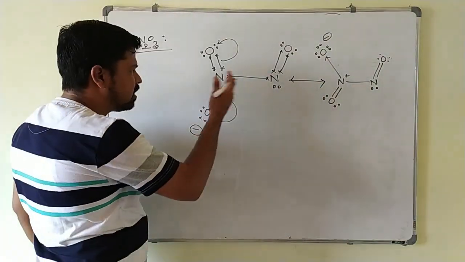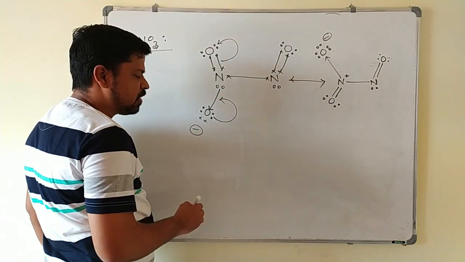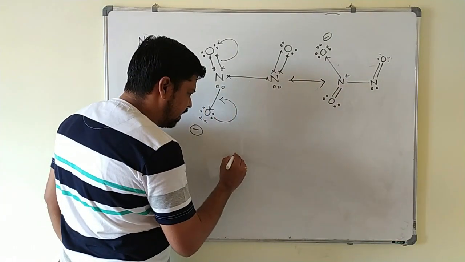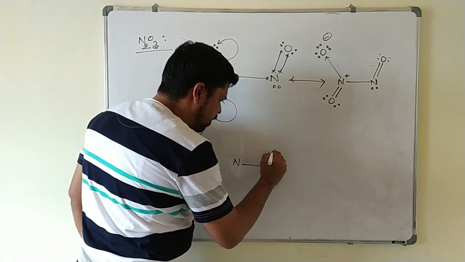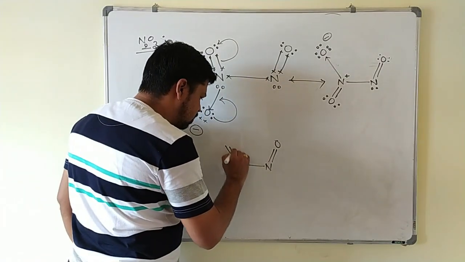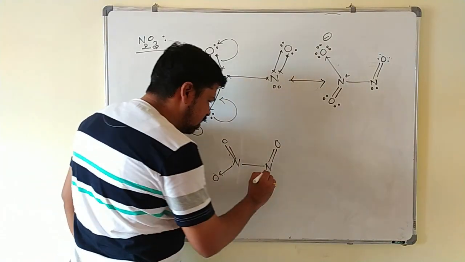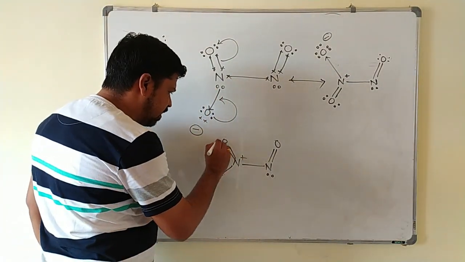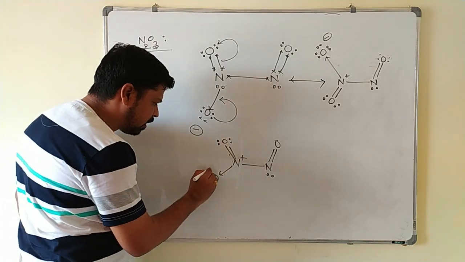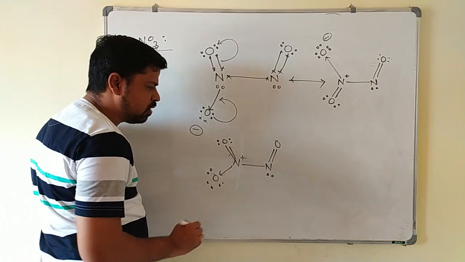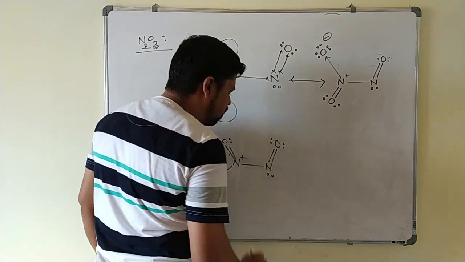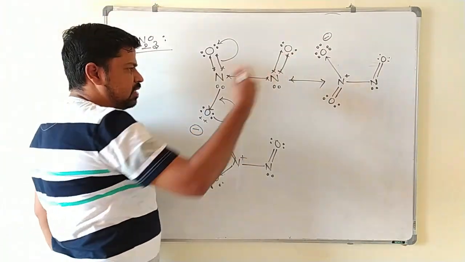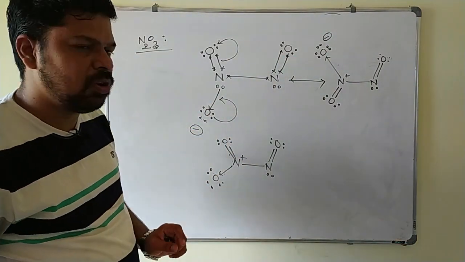Okay, simply you can write like this. This is with a Lewis dot structure I have written. You can write it like this also, oxygen. You can write it like this also. This is the nitrogen. This is the double bond oxygen. Here also double bond oxygen, a single bond oxygen, and here lone pair of electrons as it is. This is the positive charge. Okay, and here in order to complete the octet, you write remaining 4 electrons. Here you write 6 electrons. And here to complete the octet again you write 4 electrons. Okay, now you can write the resonance structure like that also. Okay, this is the structure of N2O3.